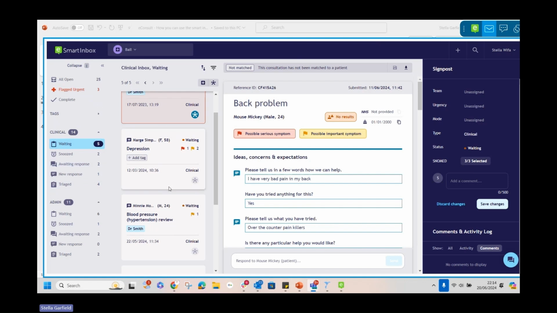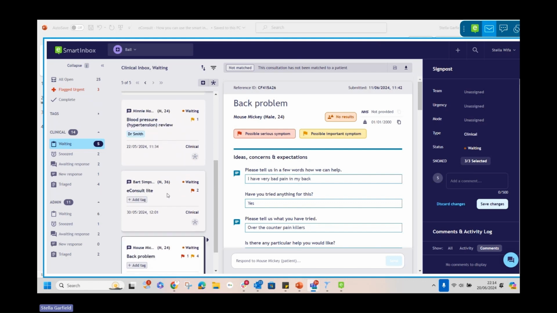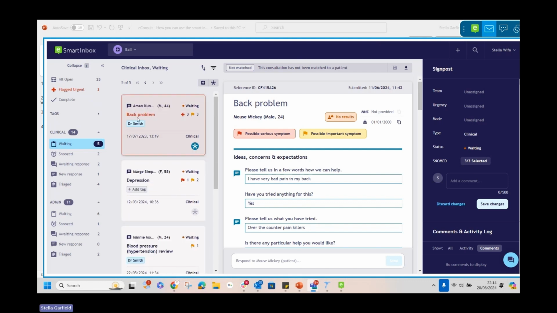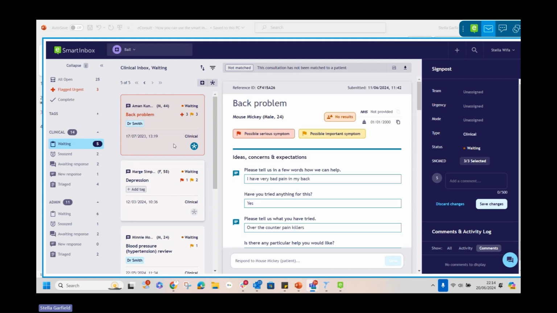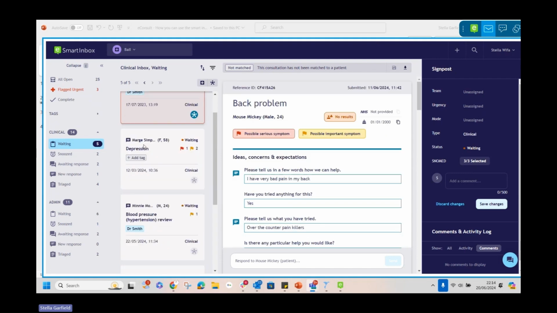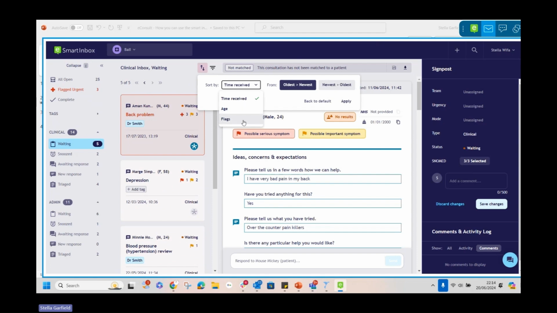Moving to the right, we have the eConsult cards, individual cards, which you can see on the screen. On each of the cards, you can see the name of the patient, their age, the condition they've completed, and if they have any flags attached to them. When we speak to practices, our advice is if you have very few eConsults, then of course you can work from the top to the bottom. But you could also sort the eConsults so that you deal with the eConsult with the most flags first, or you could choose to deal with the children first or the elderly first, but